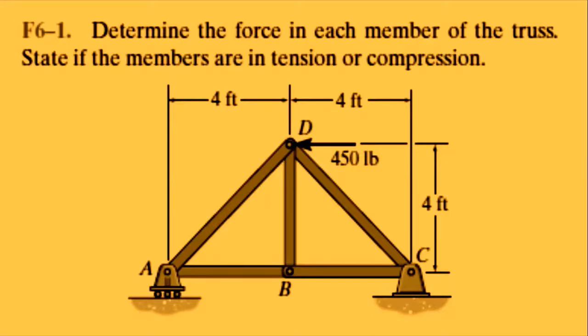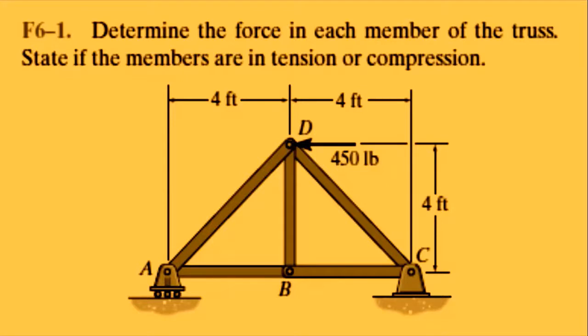So how many member forces are here? One is AB, the other one is AD, and then BD, then DC and BC. So how many member forces are here? 3, 4, 5. We have to calculate 5 member forces. So how can we do that? We have to first find the support reactions, then we will go for the member forces, and obviously we are again going to analyze the structure using the joint method.